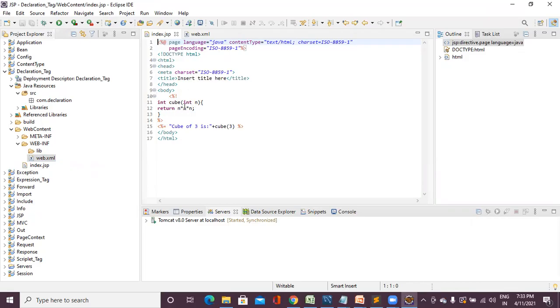It is int cube of int n. This is the function, and int is the return type. Cube of int n begin return n into n into n. That is, we are finding the cube of this value of n. Then I am taking one expression tag here. Then cube of 3 is